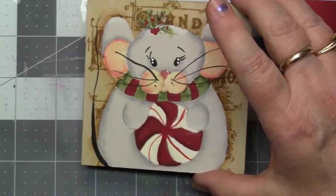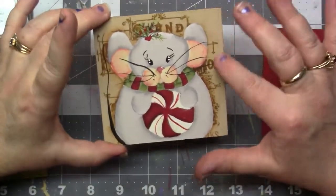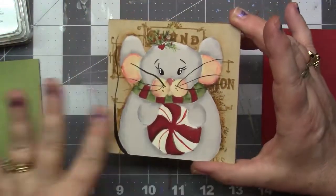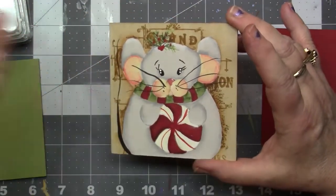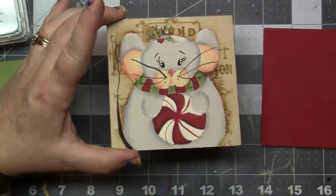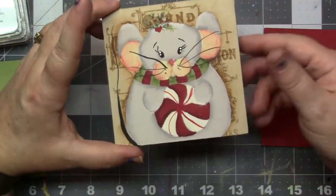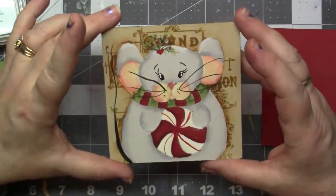I'm going to back out just a tad. And making it where there's no wrinkles. Every time that I've tried to do any kind of decoupage or putting tissue paper onto a piece of wood or canvas or whatever, it always gets little wrinkles in it. Well, by watching her video,